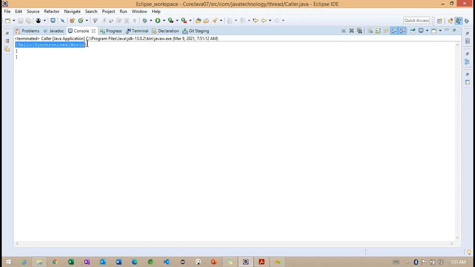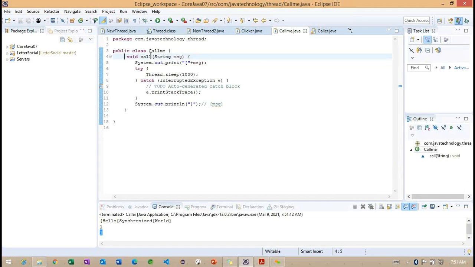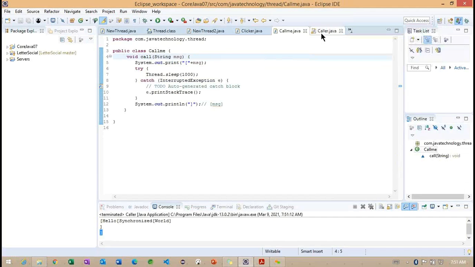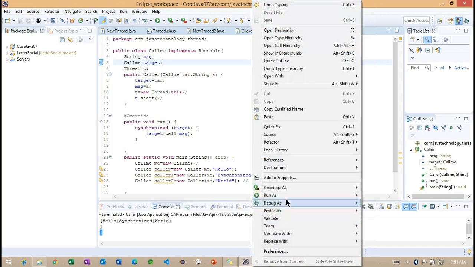Again, one more open here, which is world. After this, we are having the closing braces. So to work on the method level, we need to specify the synchronized keyword. And if we want to work on the block level, this is the way we can work here. If I enable this also, we are going to get the same output here.